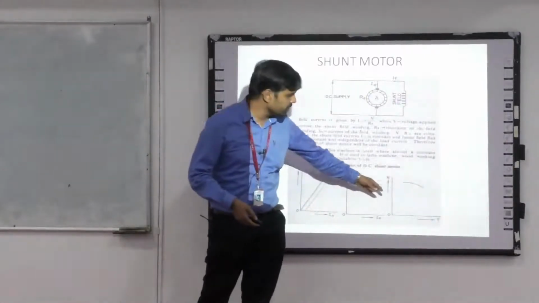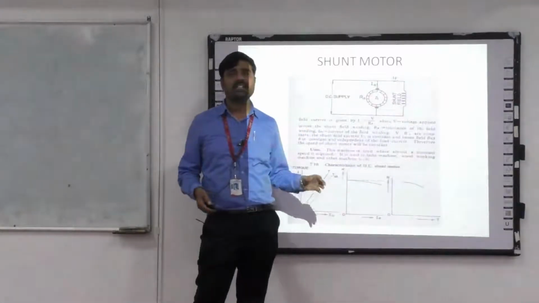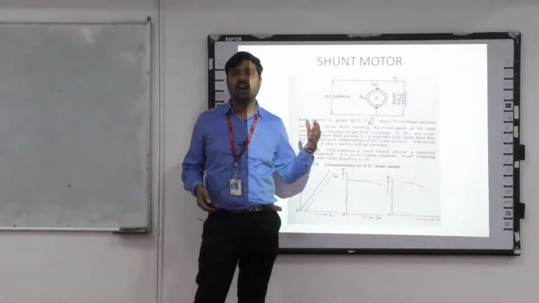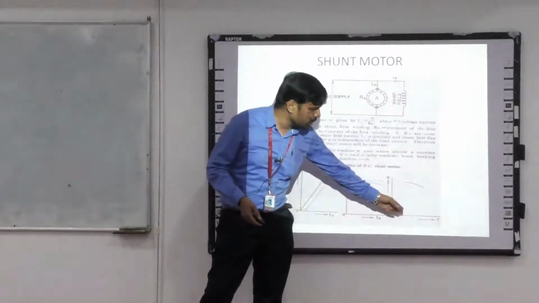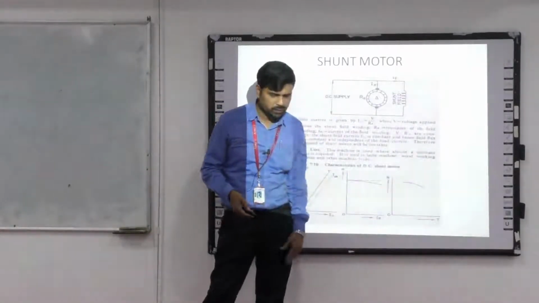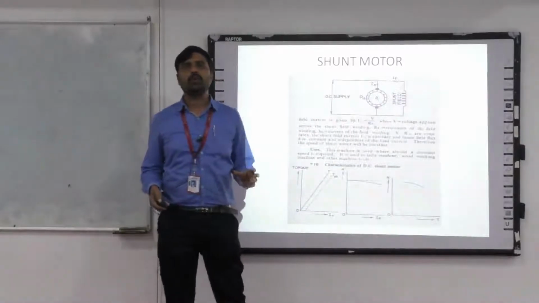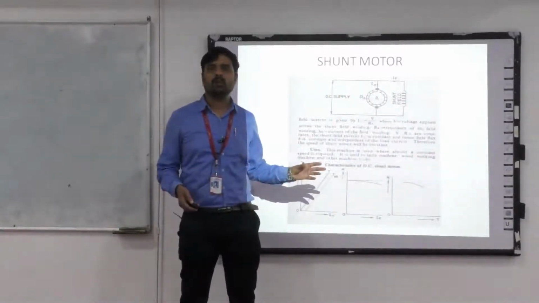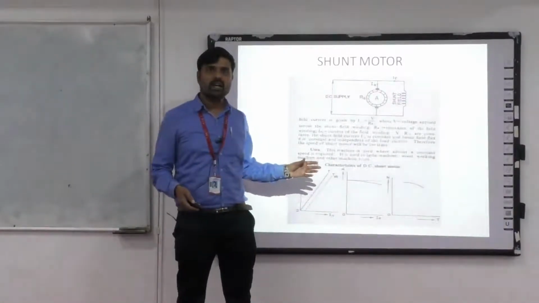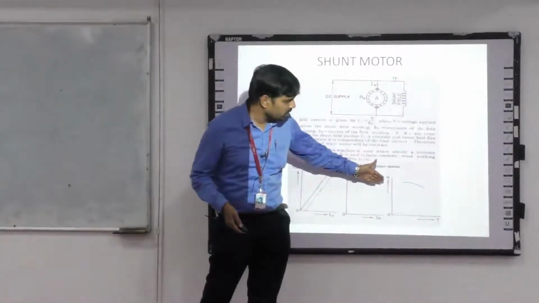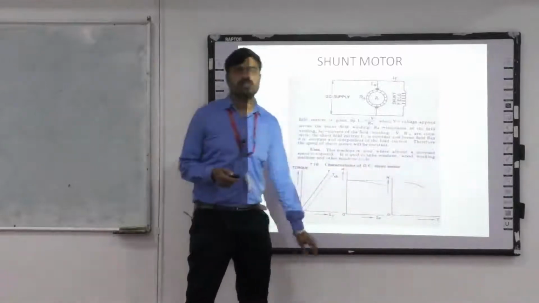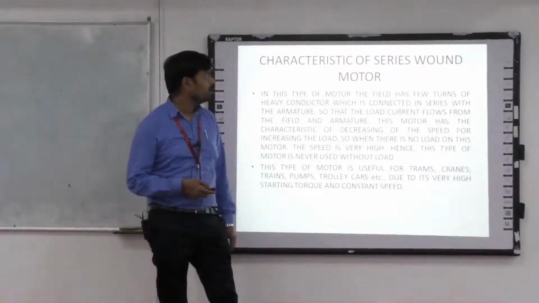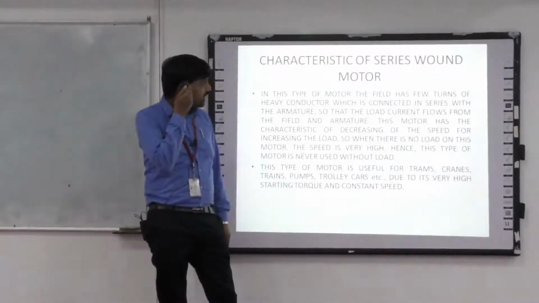Next, you see the torque-speed characteristics, or you can say the mechanical characteristics, or the external characteristics. What happens? When the torque keeps on increasing, the speed is reduced, because we know that torque is proportional to φ, but the speed is inversely proportional to φ, the flux. So we are changing the flux, so it will affect. The torque is increasing, the speed is decreasing. Right?